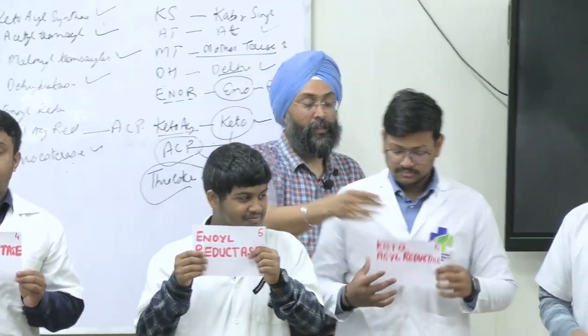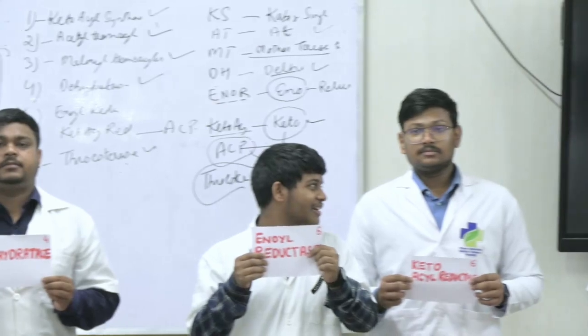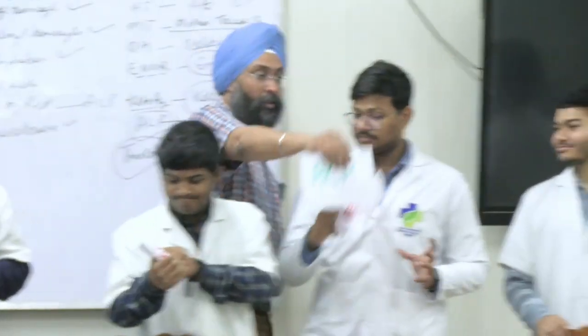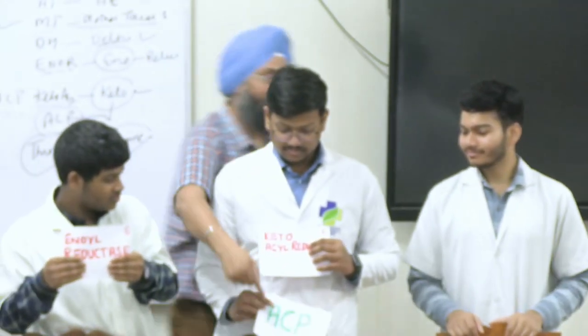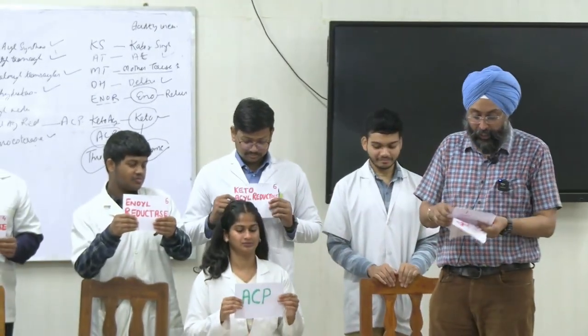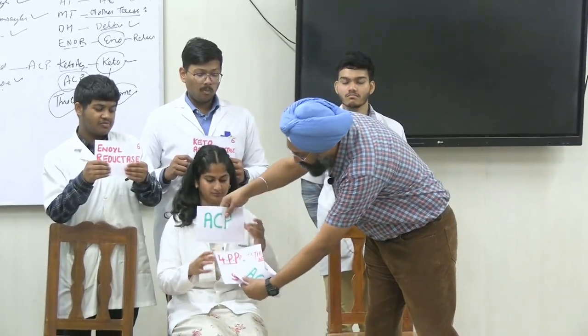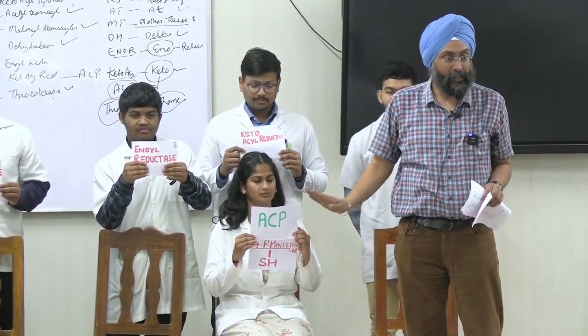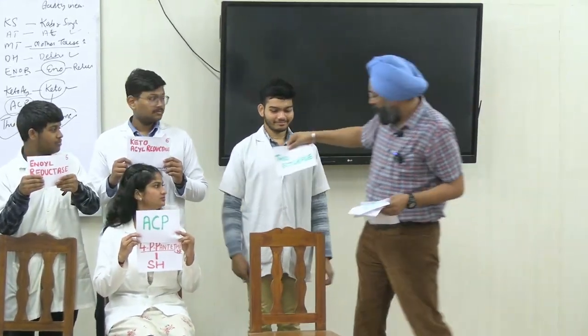Then ketosyl reductase हो गया. कीटोसाइल किसके पास है? और इसके साथ क्या लगा था हमारा? एक गुड़ी आ जाए, एक गर्ल आओ जल्दी, और उसका काम. So next is acyl carrier protein, and it is having 4-phospho, एक ऊपर एक नीचे. See the diagram. Acyl carrier protein is there, 4-phosphopantetheine is there, and sulfhydryl group is attached. Clear? Next comes thioesterase. कहाँ गया हमारा thioesterase? Yes, this is our thioesterase. Clear to all of you?